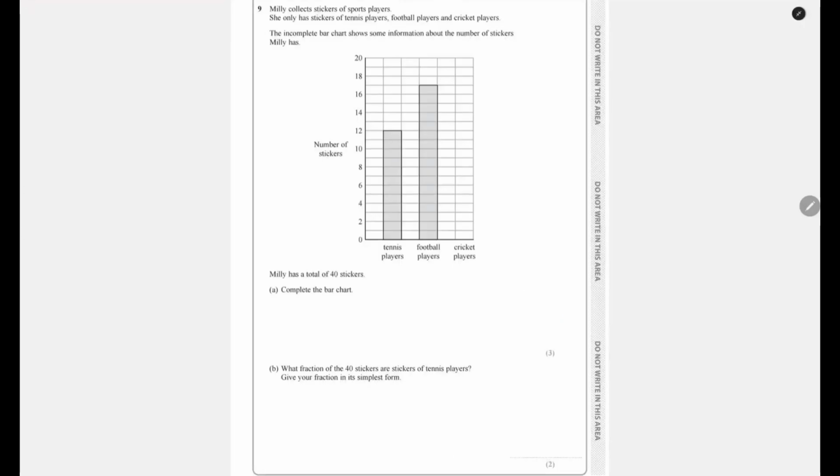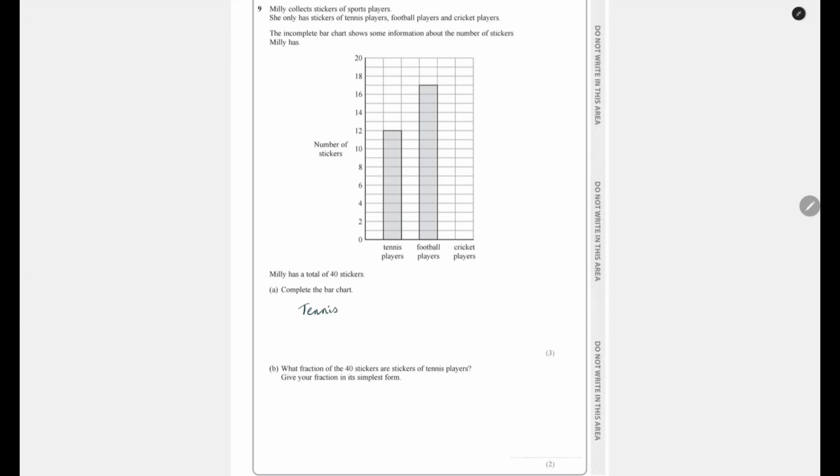Question 9 says, Millie collects stickers of sports players. She only has stickers of tennis players, football players, and cricket players. The incomplete bar chart shows some information about the number of stickers Millie has. Part A says, Millie has a total of 40 stickers. Complete the bar chart. So we can see that for tennis players,